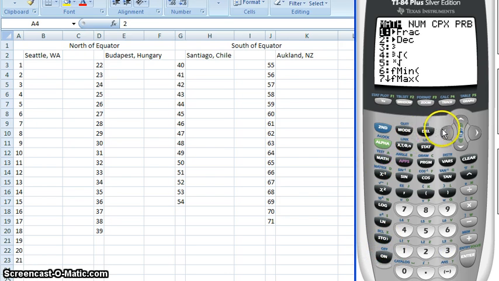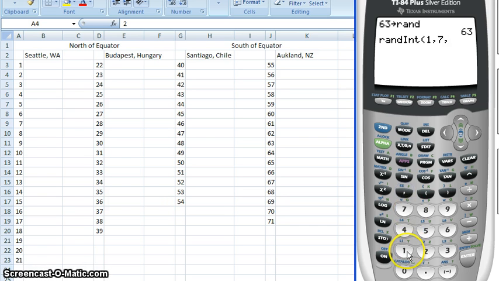Store, math, probability, enter, enter. Math, probability, random integer, and this time I only want one number that's between 1 and 7 because I'm going to count every 7, and I only want one number. So with systematic sampling, you're only going to take one number as your starting point,